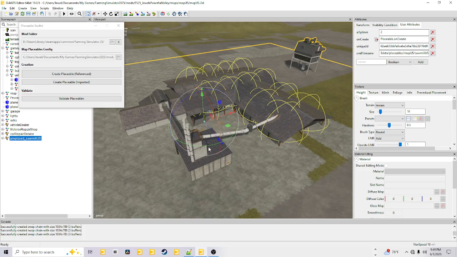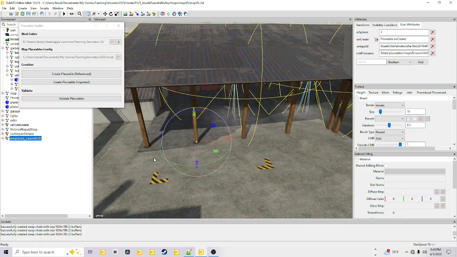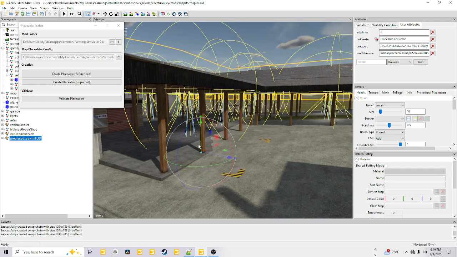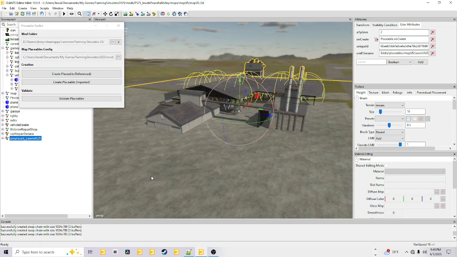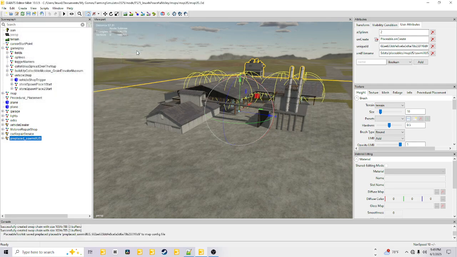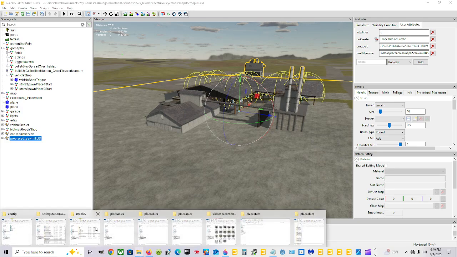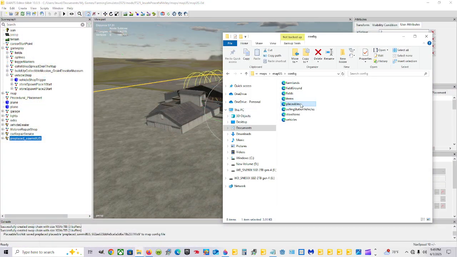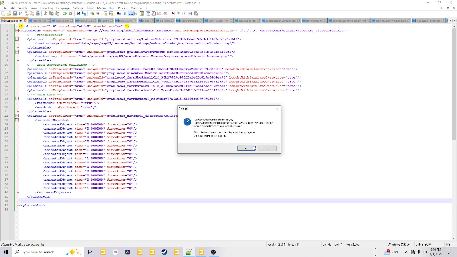If I was to go in game, it should work, should have whatever it needs. But you can see that it did put that unique ID, and it will write it to it. Now, if I click X out, let's just see if it's going to say, do you want to save it? Yes, it did. I'm going to say, sure, go ahead. Now, you can see it wrote this down here, and it said it saved it there. It did it. Now, if I go look, it'll have that in the XML config placeables, Edit with Notepad++, yes,